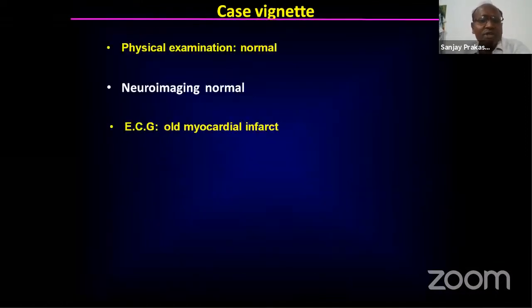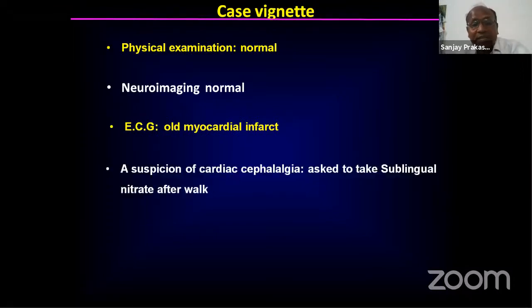Physical examination did not reveal anything, and neuroimaging was normal, and ECG demonstrated an old myocardial infarct, but the patient was not aware that he had had a myocardial infarction in the past. So it was a silent myocardial infarction. So we suspected the possibility of a cardiac related event, and cardiac cephalalgia was suspected, and we asked the patient to